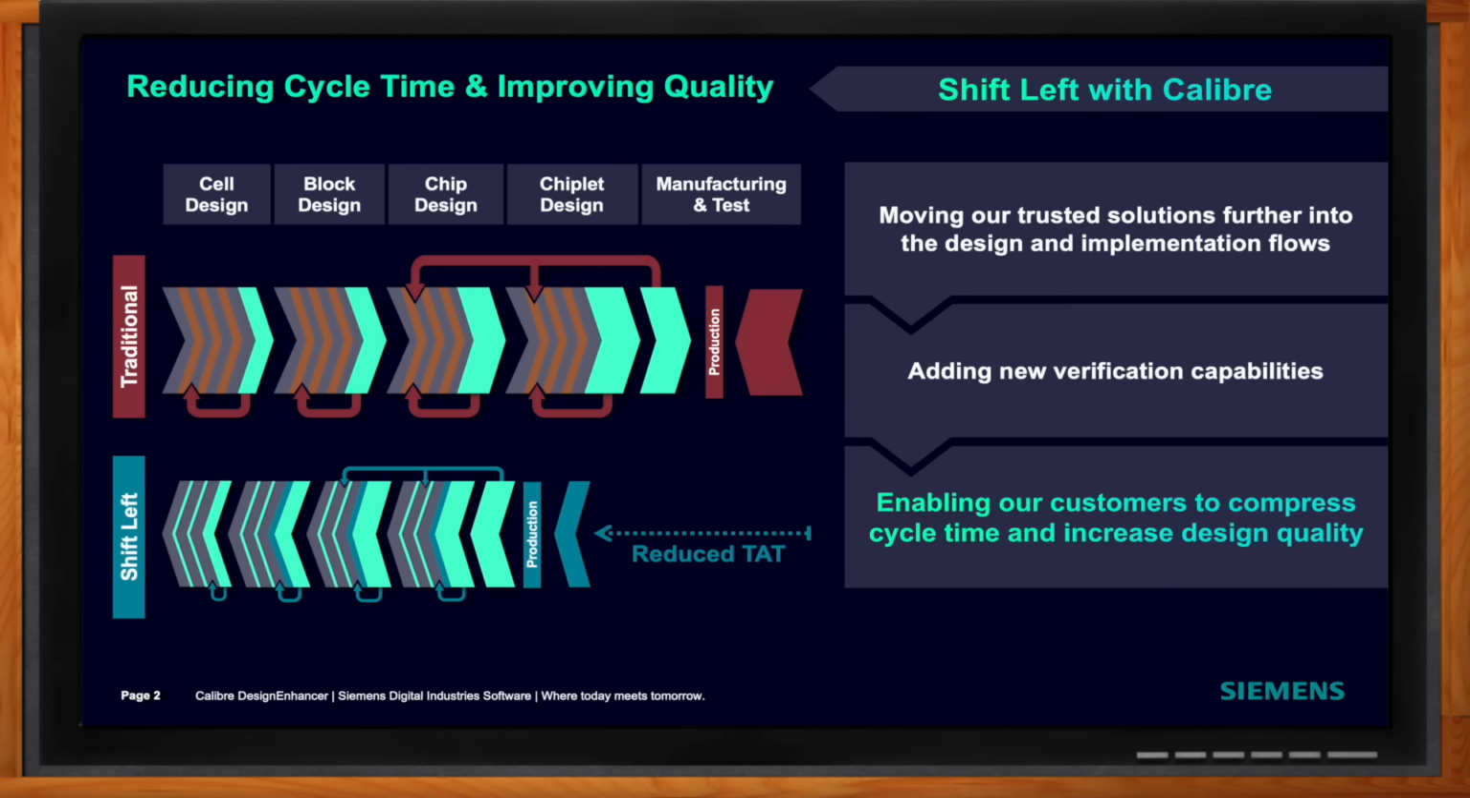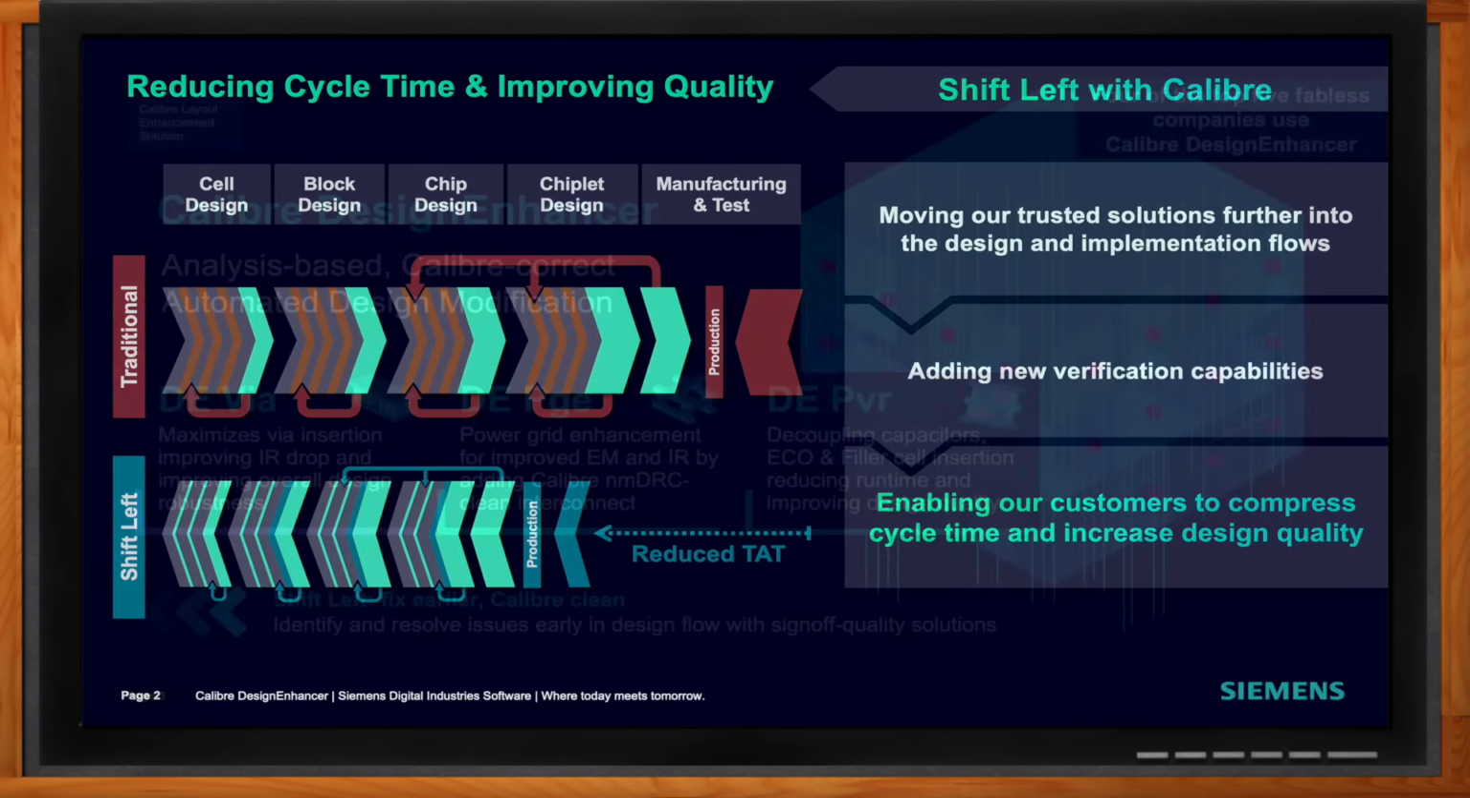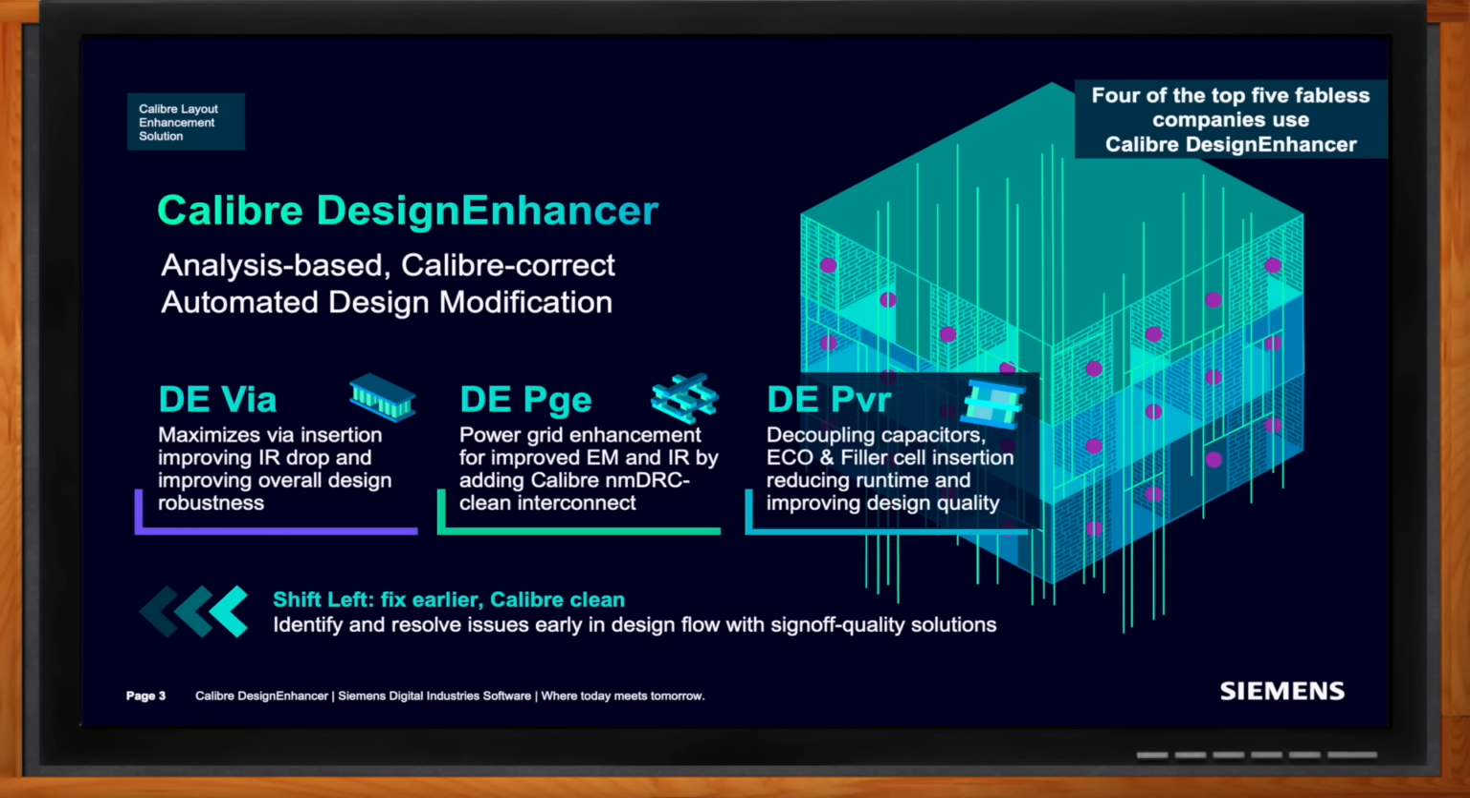All right. So, Jeff, what's all included in Calibre DesignEnhancer? Well, Calibre DesignEnhancer is really focused currently on 3 use models. Now, this is the beginning stages. We introduced this last year at DAC, but there are 3 major ones. Each one of these use models was driven by customers coming to us and saying, you know what, I've got a real challenge in this area. Can you help me? And the first 2 of them is Design Enhancer Via, which really minimizes the IR drop